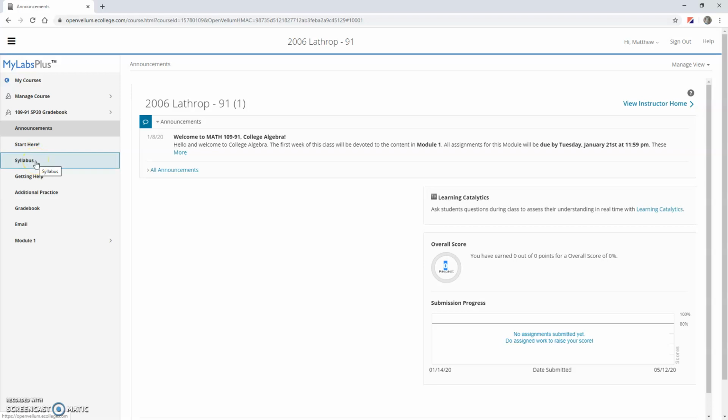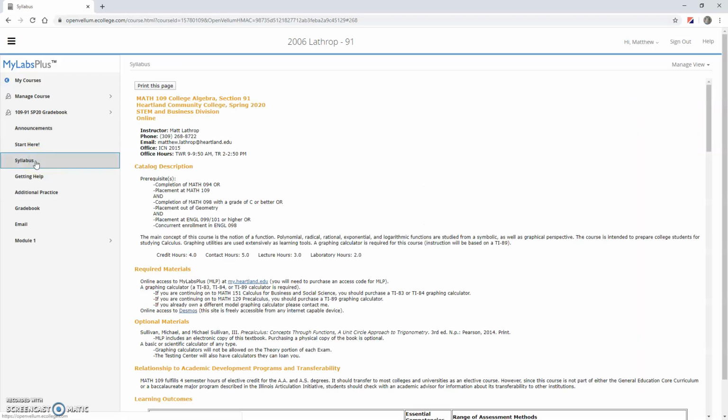But what we want to do for right now is move on to the syllabus for the course, and while we won't talk about all of the information here, we want to hit some of the highlights to again just get across some of the expectations of the course. What you'll see to start off here will be my contact information.